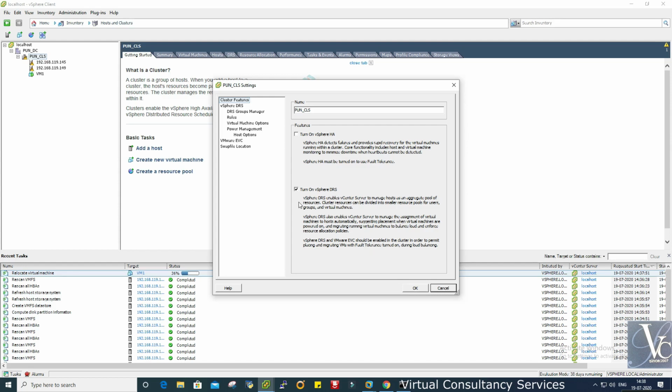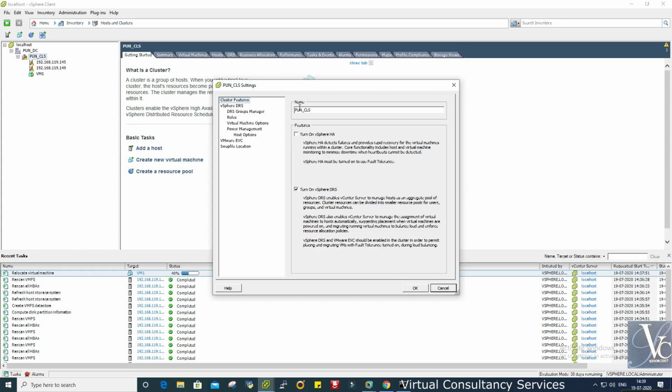To vMotion one VM from one host to another host, we need that datastore. vSphere DRS should be enabled to migrate the VM from one host to another. Suppose we have turned off this, what will happen? We will see that now. I will just turn off this DRS and then we will see. Let's finish this 38% of Storage vMotion, then we will do that next part.